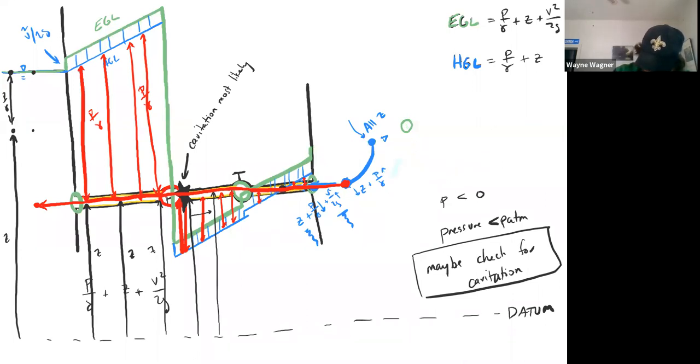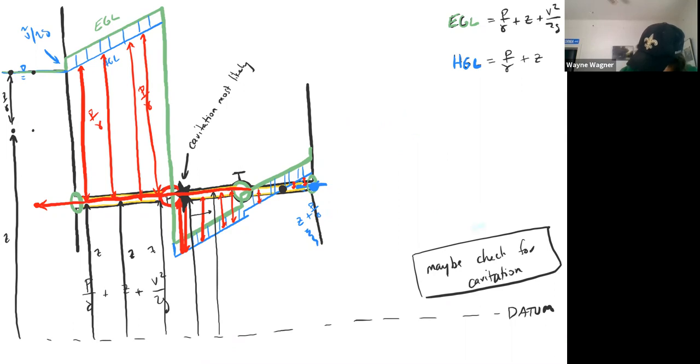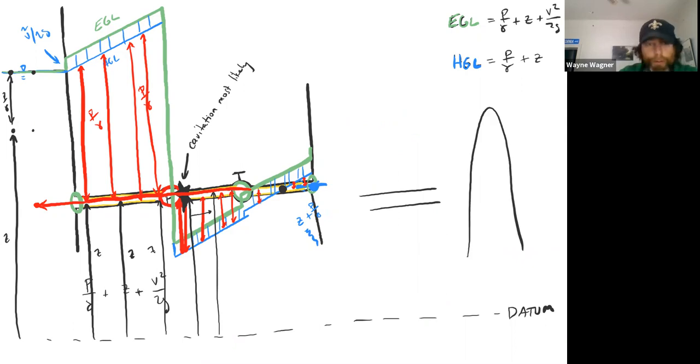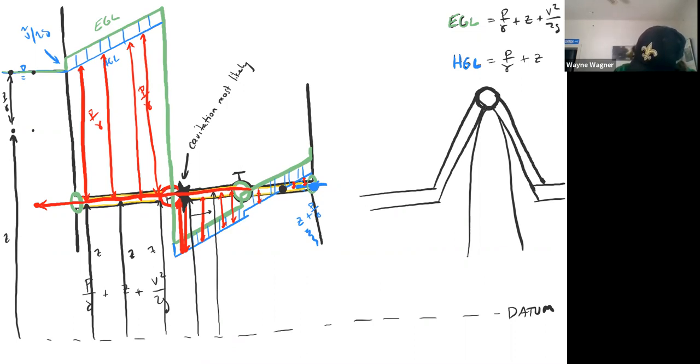Let me just take some of this side over here. Come on, you can do it. Okay, so if you put the pump, the temptation is to put it on top of the mountain. So if you're like, okay, here's my pipe. There's a mountain right here that I can't drill through for whatever reason. I need the water to get to the other side of this mountain. So I'm going to have the pipe go like this, and then I'm going to have the pipe come back down. Let's imagine I did a better job drawing. If I put the pump right here,